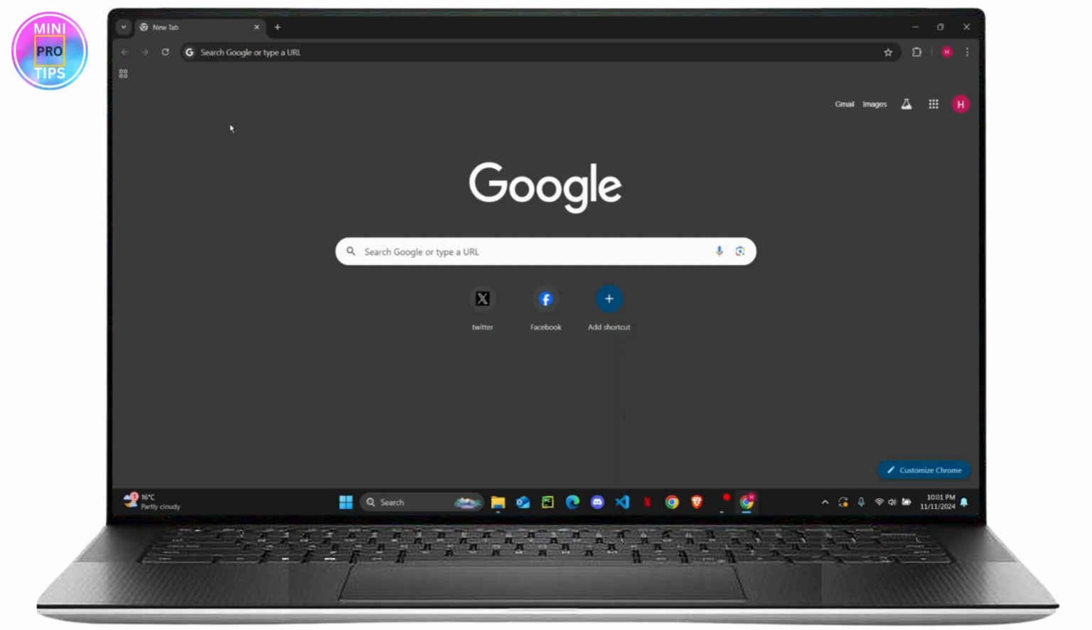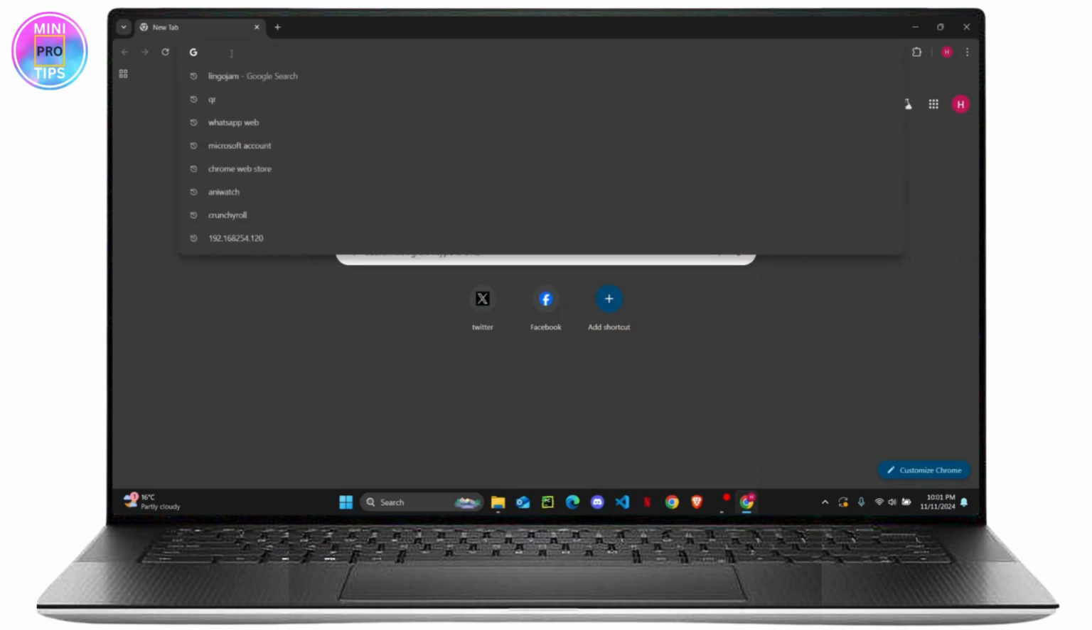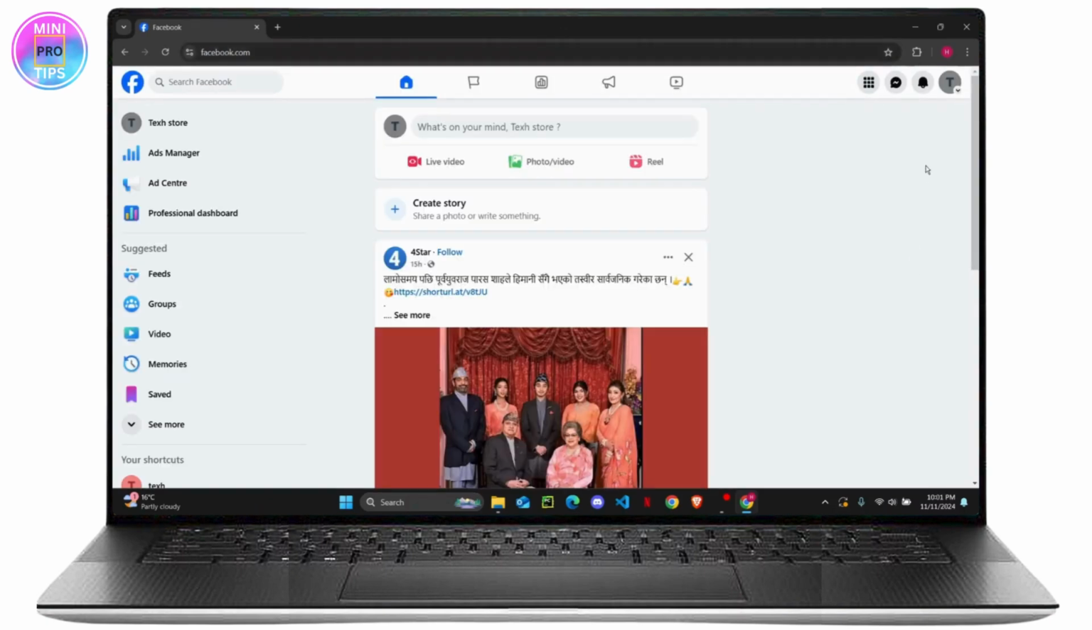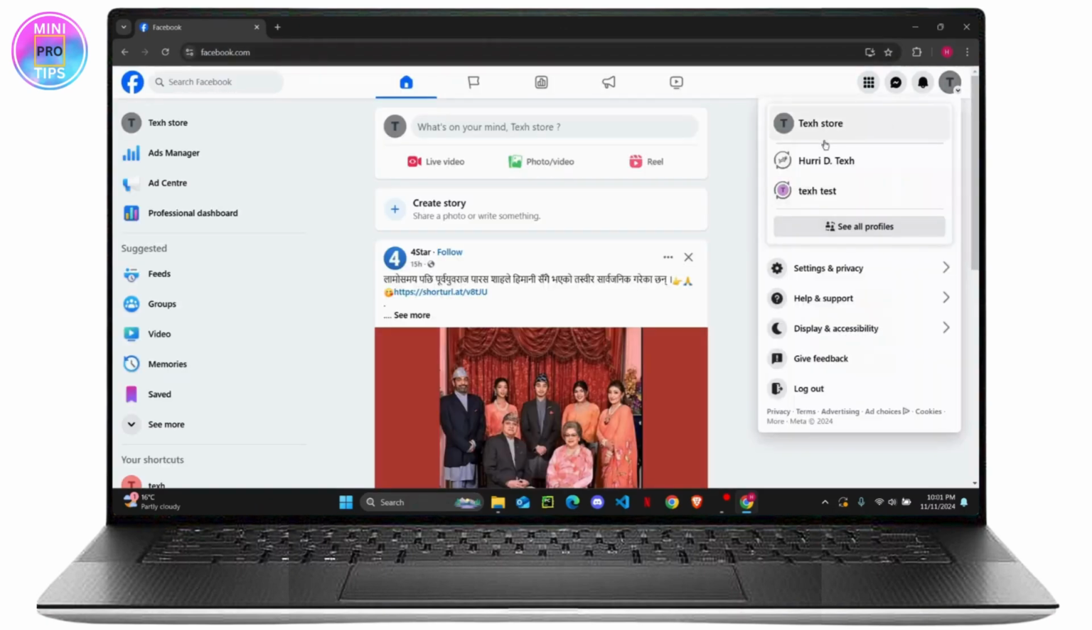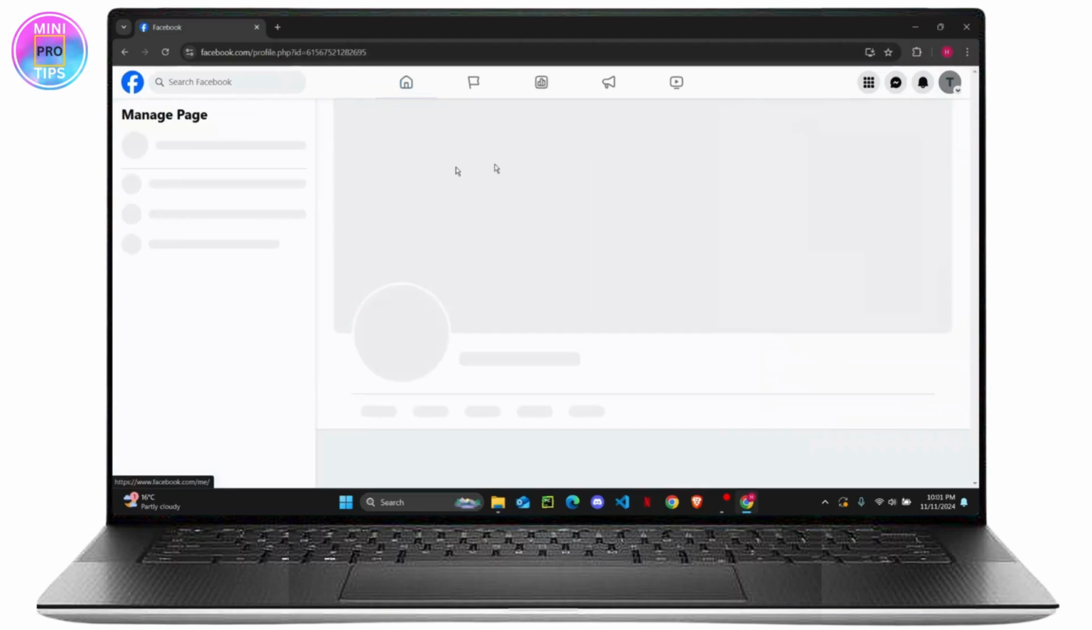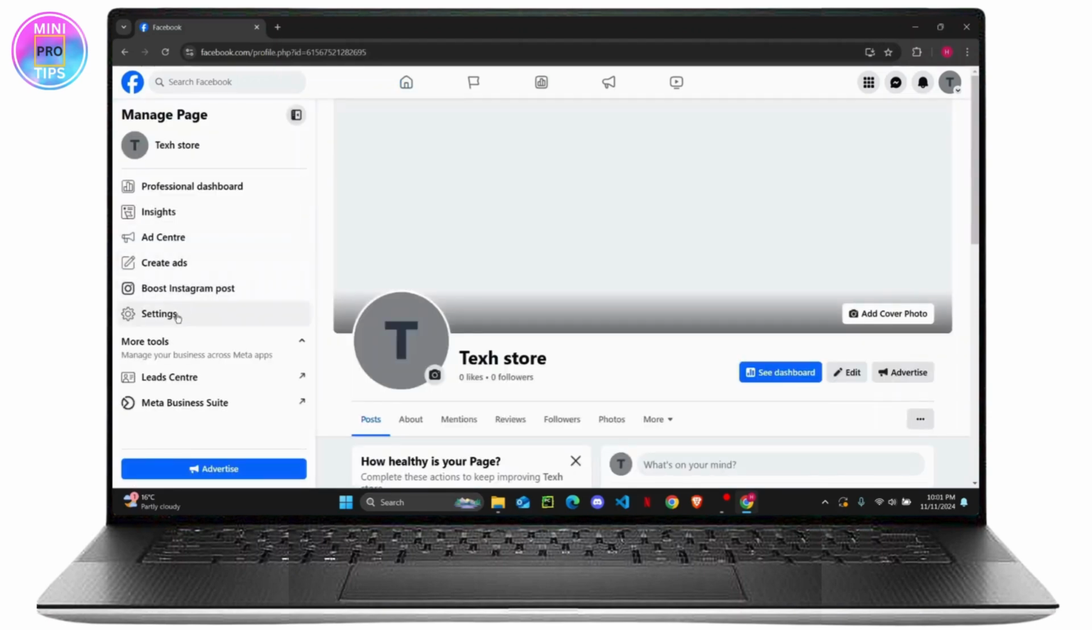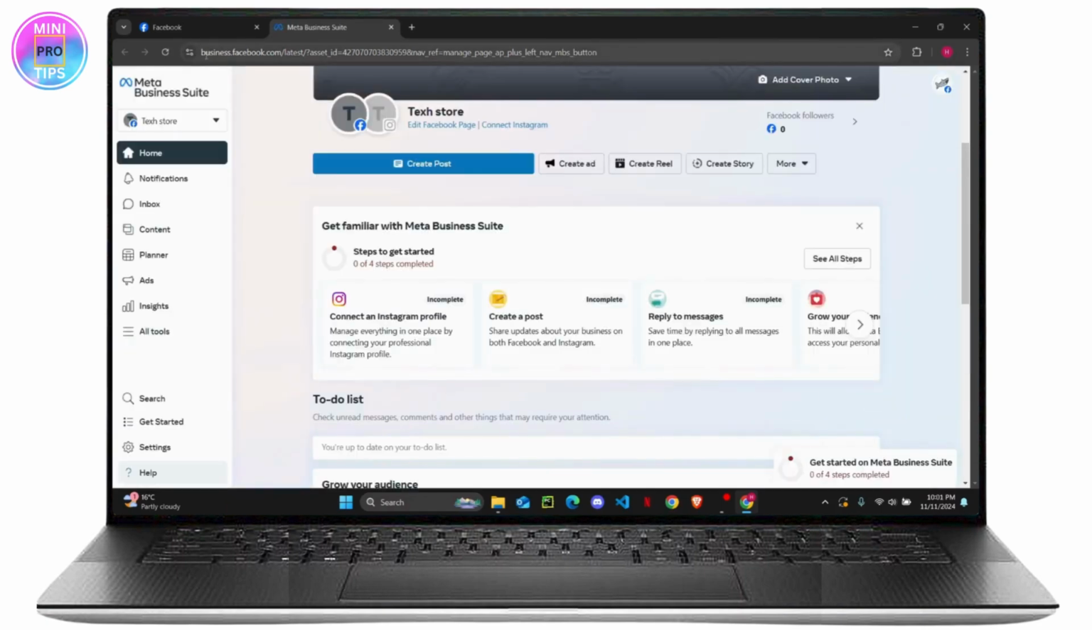Today I'm going to show you guys how you can easily add a payment method on your Facebook's ad account. Let's get started. So the first thing that you want to do is open up facebook.com, and from here you want to make sure that you are selected on the right page and click on manage page. From here you want to head over to Meta Business Suite, or you can directly type in business.facebook.com and